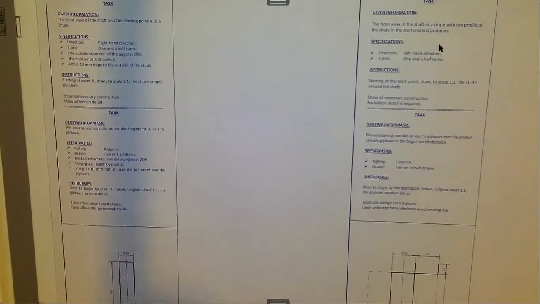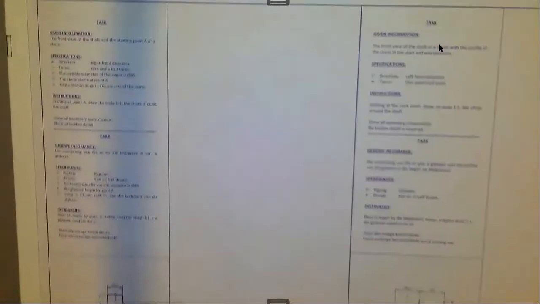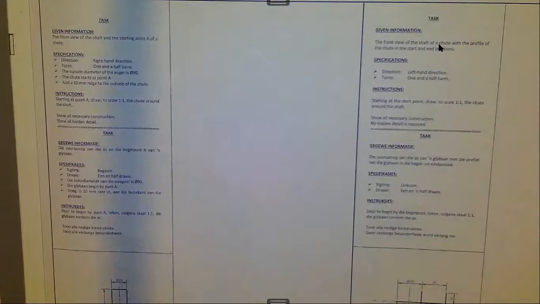Right, we have got a specific task from one of the workbooks that we are using. To be specific, it's by HSE. That's the workbook that I'm using right now. Given information: the front view of the shaft and the starting point of a chute. The specifications are as follows. The direction is right-hand direction. Turns: it's 1.5 turns. The outside diameter,